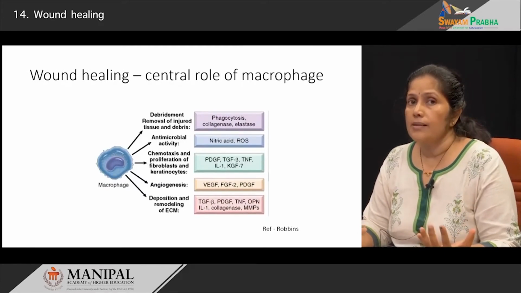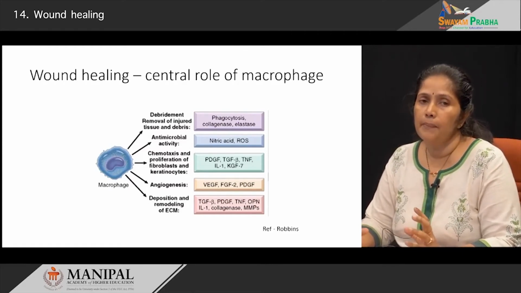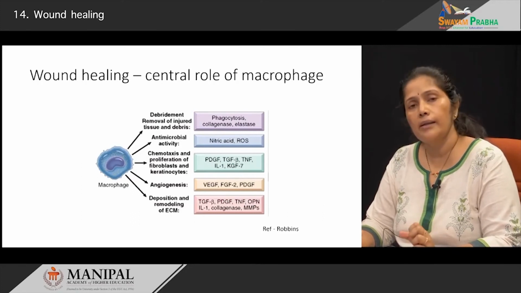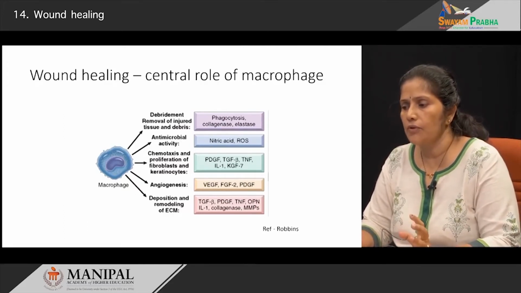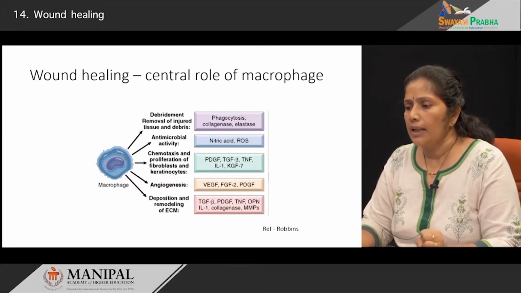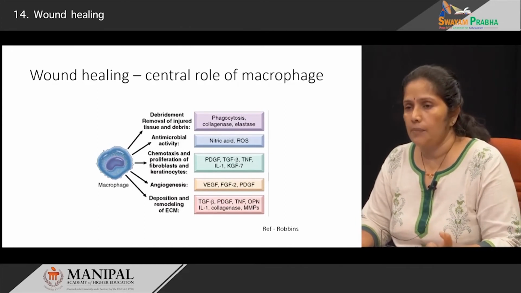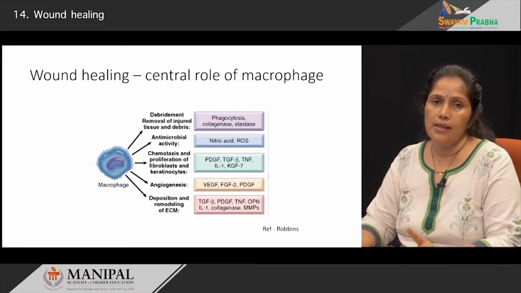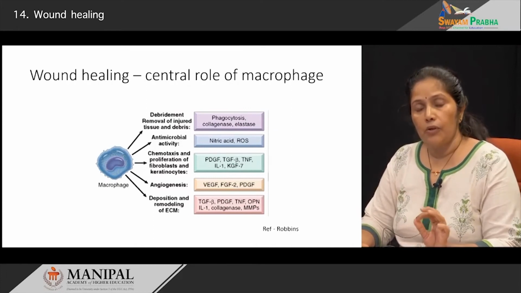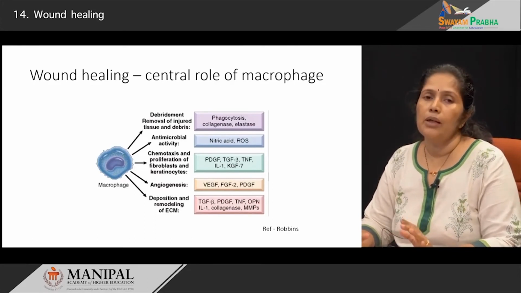Along with this, as I have told you, the macrophage has a very big role in the repair process. If you look at the macrophage, it is able to release so many different kinds of cytokines and growth factors, which help to remove the injured dead tissue. It has some amount of antimicrobial activity, it has chemotactic properties, and helps in the proliferation of fibroblasts as well as keratinocytes, that is the epithelial cells. It helps in the proliferation of blood vessels, meaning angiogenesis, as well as in deposition and remodeling of the ECM,